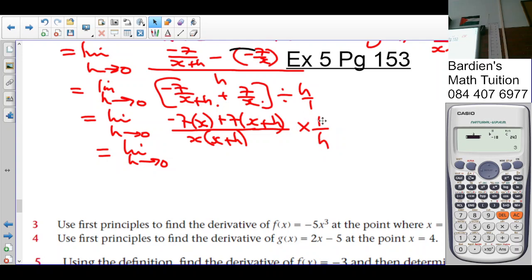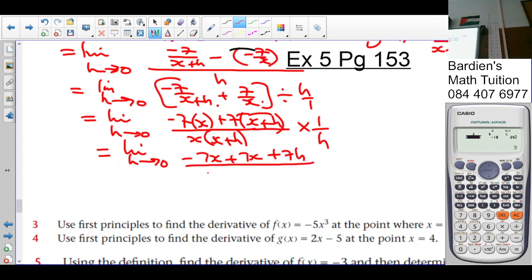No, it's first h over 1. Remember, this is divided by h. Can you see that? And this h here is h over 1. Okay? So we multiply, get rid of the bracket, so it's negative 7x plus 7x, 8x plus 7h, all over